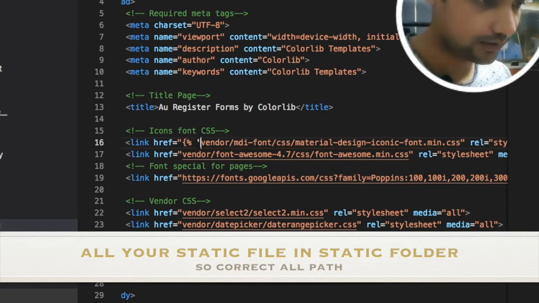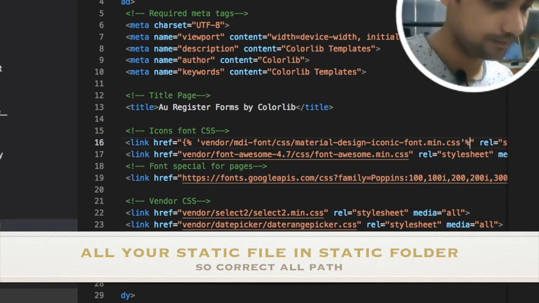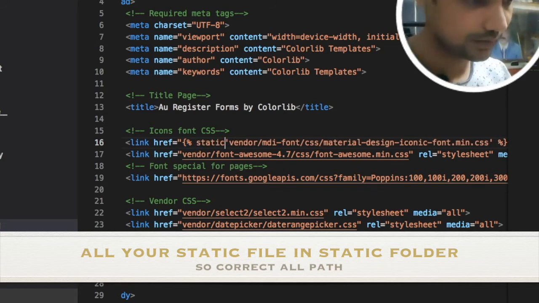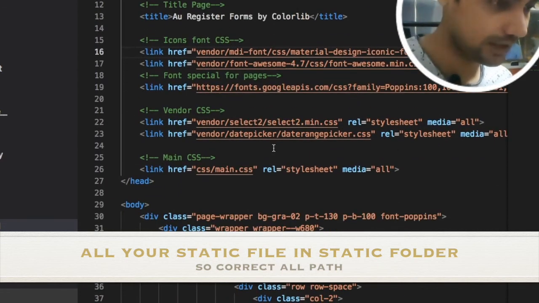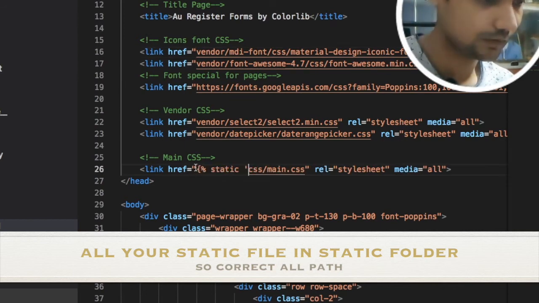So now here we need to type like this, and just in the single quotes you need to cover this and just type like this. Okay, just like this, same. And we need to say static over here. Just apply here for CSS.